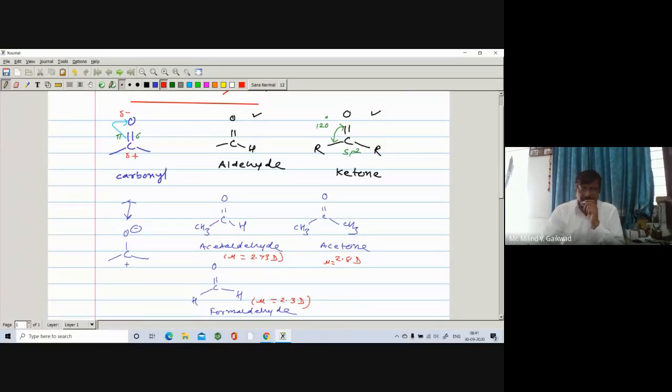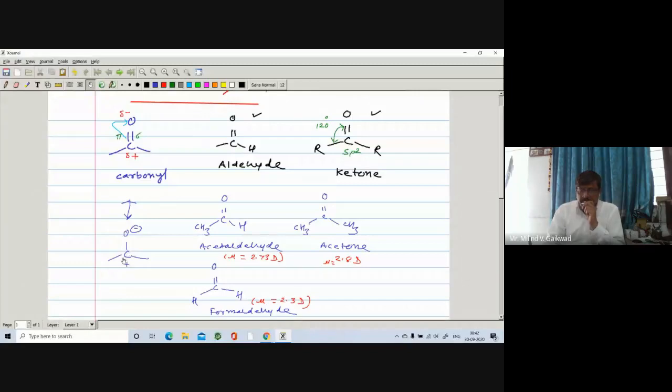Here, if you see in the resonating structure, we have seen that this carbonyl carbon undergoes resonance and there is a generation of C positive and O negative. So the nucleophile will attack on the carbonyl carbon. More the positive, more is the reactivity. So any factor which increases the positive charge on the carbonyl carbon will increase its reactivity. So here you have to check which will increase the positive charge and which will decrease it.